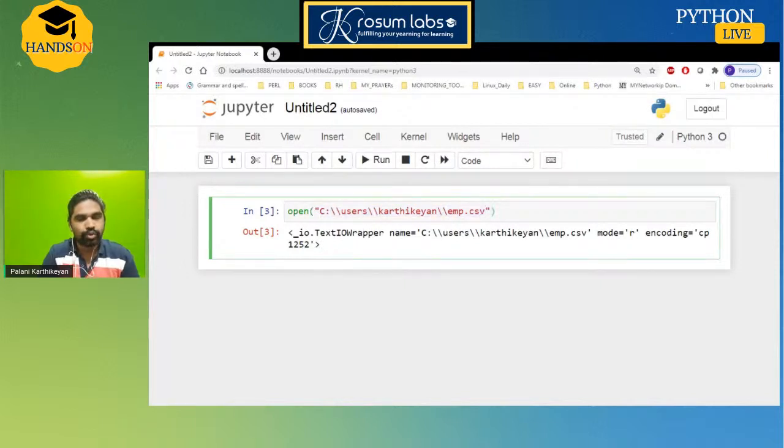Basically this open operation is a request to the operating system. Python says my file is CSV and I want to read it. Python won't talk to the hard disk or storage device directly. Python requests the OS via this function call. The OS maps to that storage, gets the data and keeps it at a particular address.